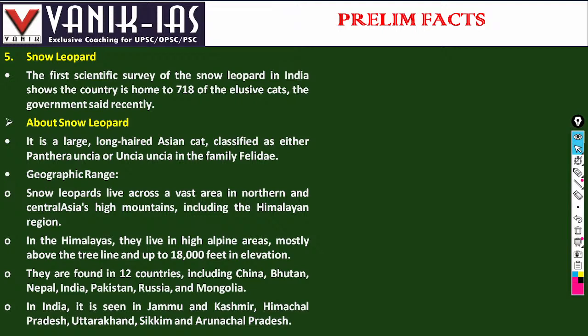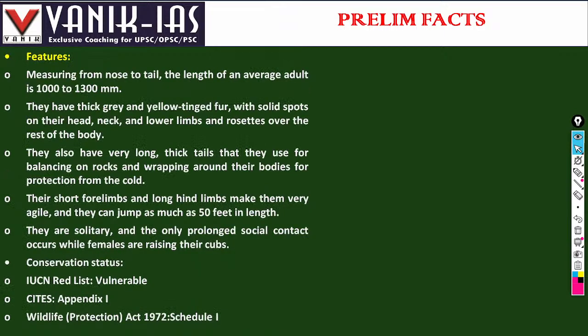They are found in 12 countries. In India, it is seen in Jammu Kashmir, Himachal Pradesh, Uttarakhand, Sikkim, and Arunachal Pradesh. Features: measuring from nose to tail, the length of an average adult is 1000 to 1300 cm. They have thick gray and yellow